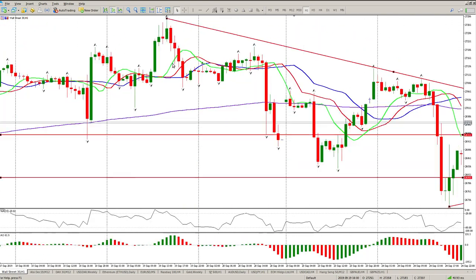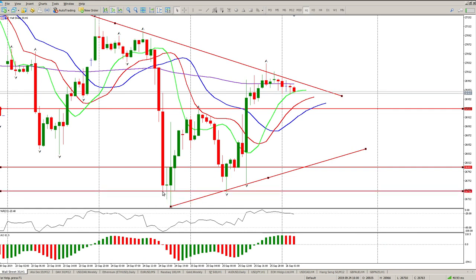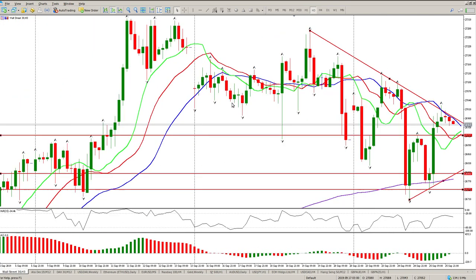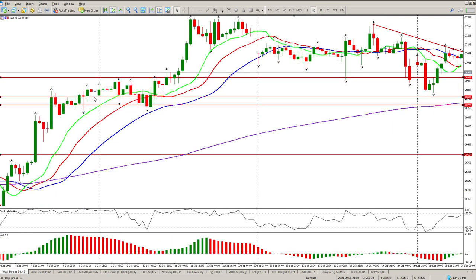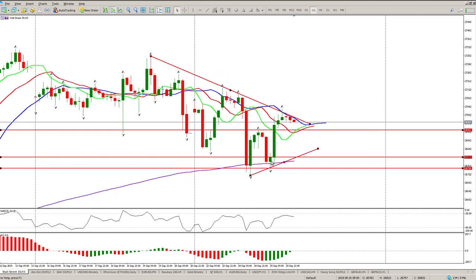So you can see the importance of the inside tail. There's my first inside tail, there's my next inside tail. And if you look at it on a higher time frame, you'll more than likely see a group. Well, there's inside tails there, quite a bit of congestion here. Okay, and also the 200 SMA on the 3 hour, oh sorry, not SMA, EMA on the 3 hour is